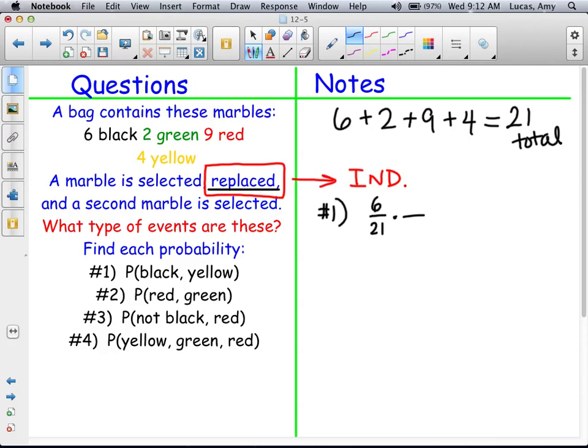We replaced it, so we put it back in. The probability that the next one is yellow then is 4 out of 21. Now, before I multiply my fractions, I'm going to look at them and decide if I can do a little reducing. If I divide by 3, I get 2, and divide by 3, I get 7. I don't see any more common factors, so I multiply across and I get 8